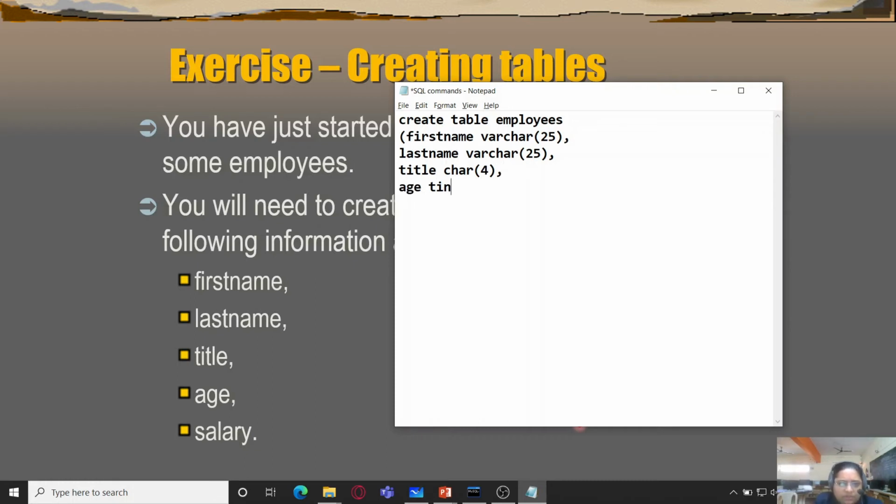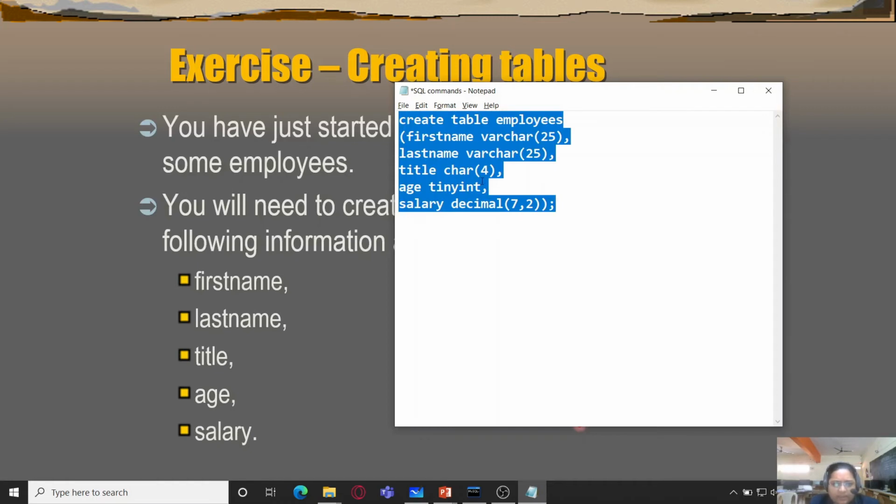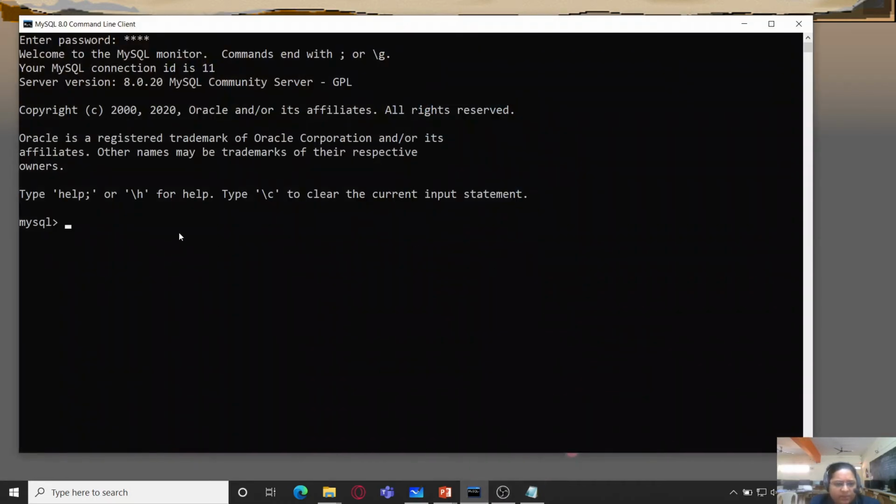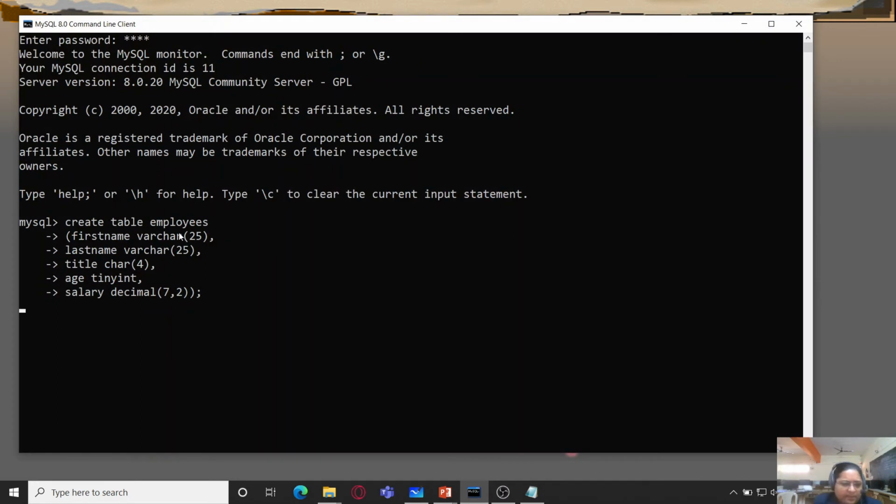Age tinyint, and salary I have taken as decimal 7,2.